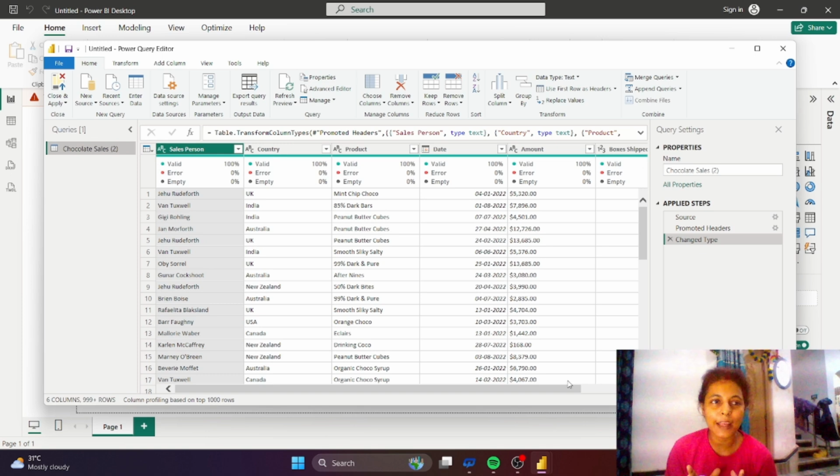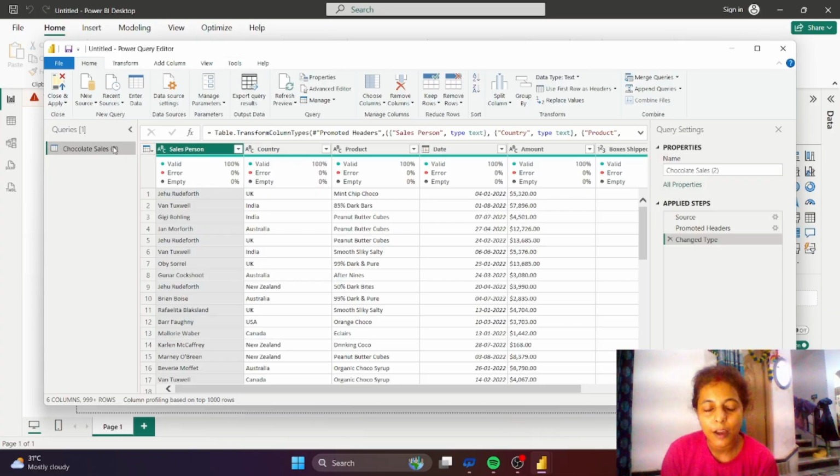After clicking Transform Data, we have come to the screen of Power Query. Guys, here you are seeing it written Queries, and this is the main part of Power BI Desktop. Before going to Power BI, we have to go through Power Query.